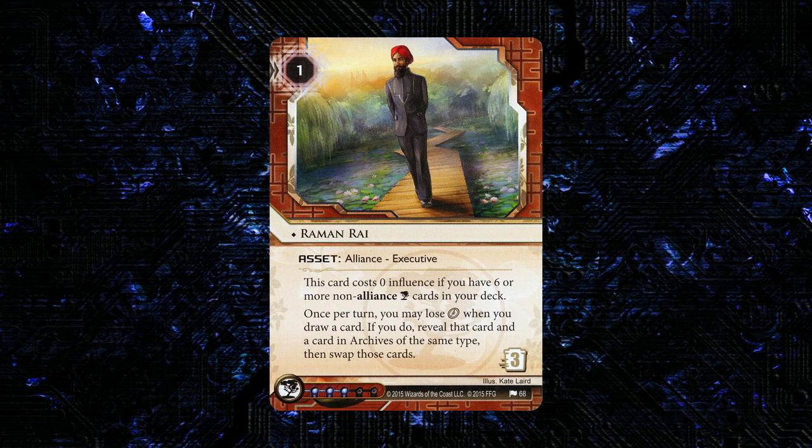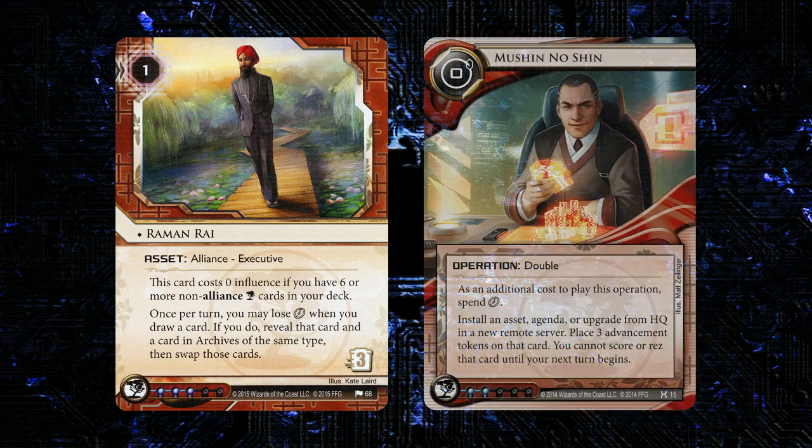Here's an interesting recursion tool from a faction that doesn't have a whole lot of recursion. And I think this one is going to largely rely on you building your deck around spamming something over and over and over. Now, the best thing that I can come up with to do that with is Mushin No Shin. There are a lot of decks that are based around Mushin that would play it basically every turn if they could. They have so much ammo that they can just consistently play Mushin, both with agendas as well as traps